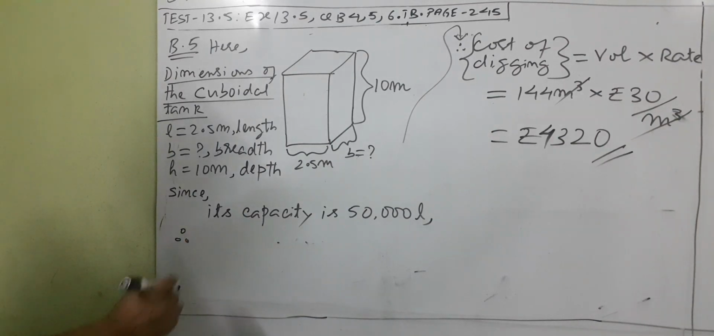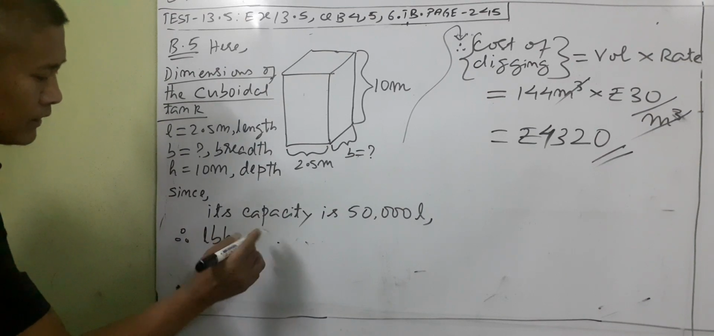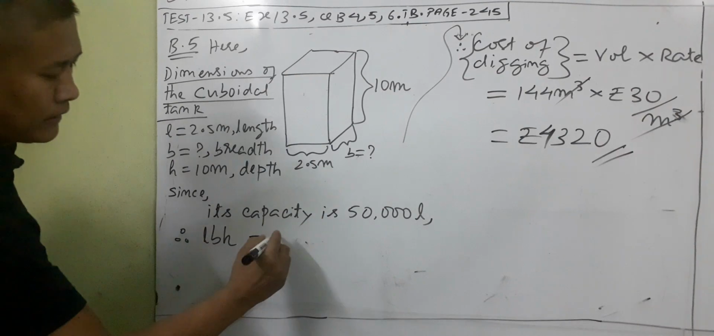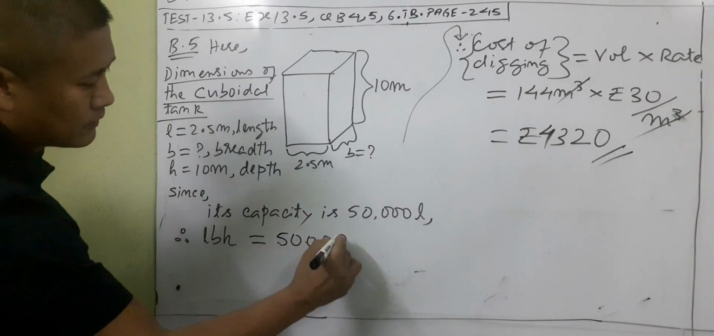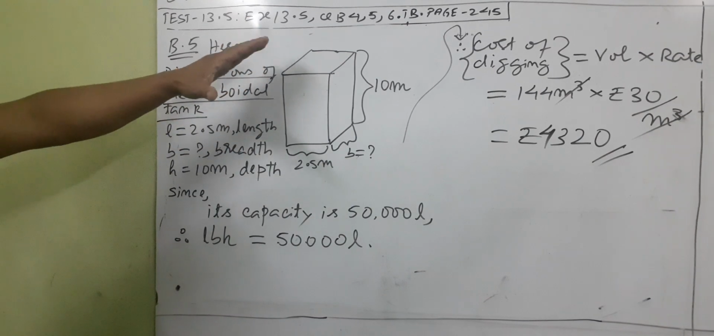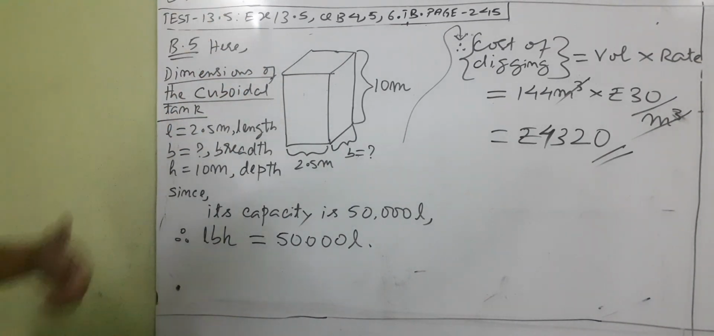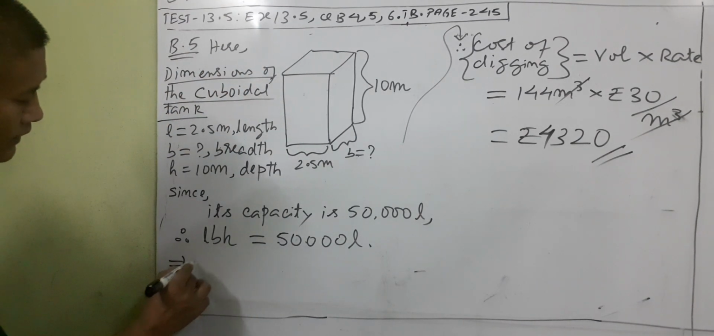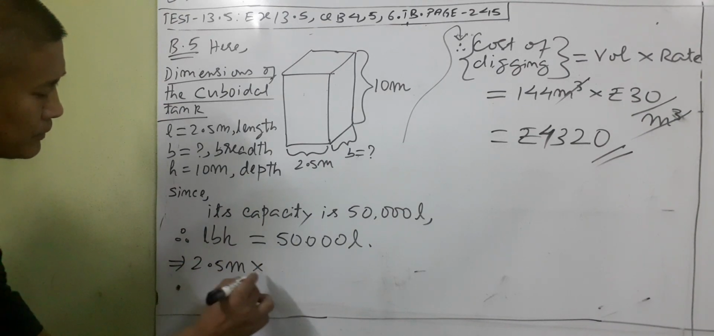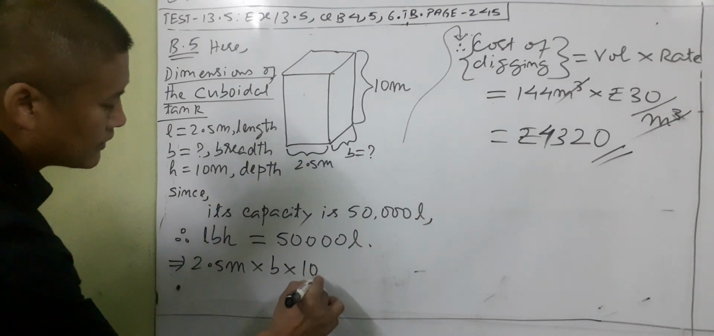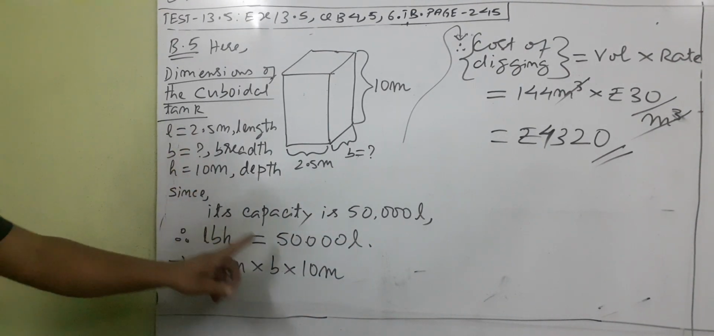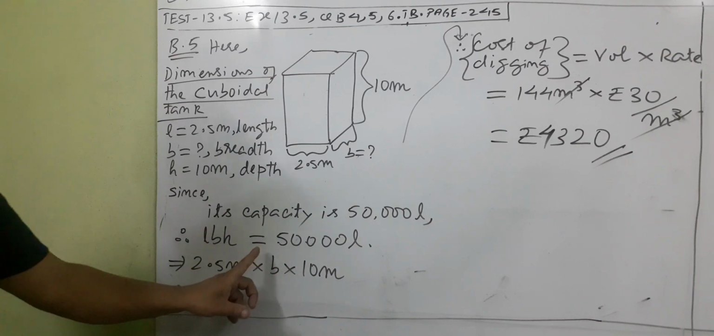So the volume of a cuboid is LBH, that will represent the capacity. The word "is" means you can put equal, and 50,000 liters of water can fill this tank when it is full to the top, to the brim, means the top portion. So you can replace the values that are given. L is given as 2.5 meter, B is unknown, and H is given as 10 meter, as you can see here. L 2.5 and H 10 meter. That will be equal to